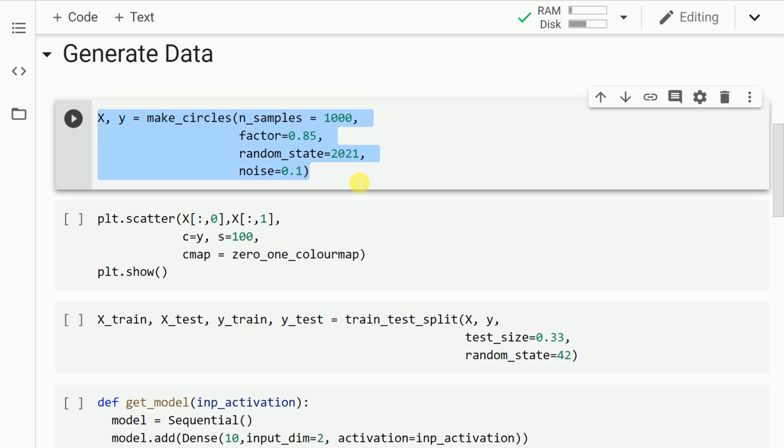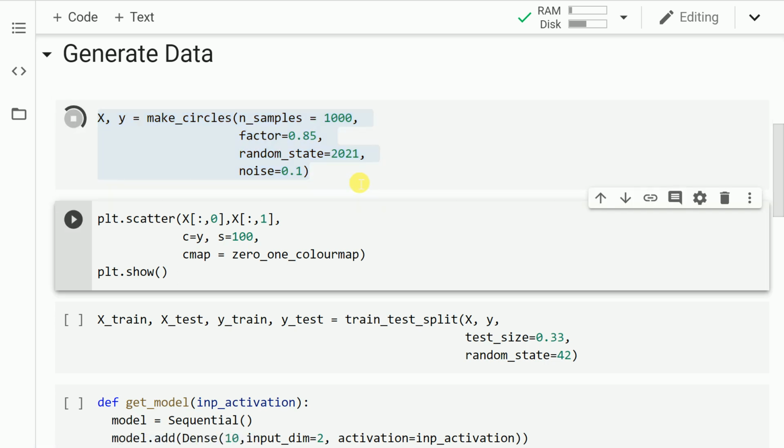So this piece of code is what I utilize to create my training data set. There are around 1000 samples that I've used. So let me run this cell. The training data that I've generated contains two variables x1 and x2, and I have a target variable y which contains two values, again 0 and 1. So basically this is a binary classification problem that I have.